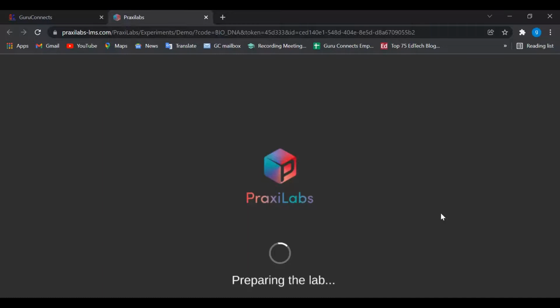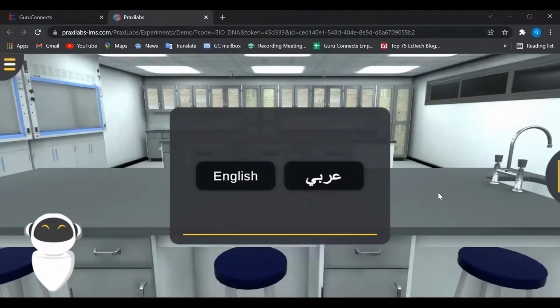So we will wait till the lab is getting prepared for us, and then we will go ahead and proceed with the experiment. This analysis is based on the experiment details and the experiment requirements.